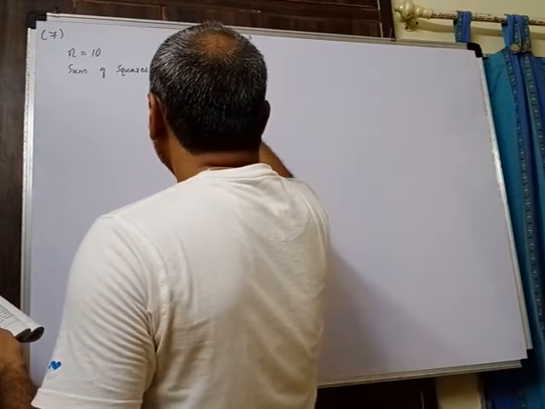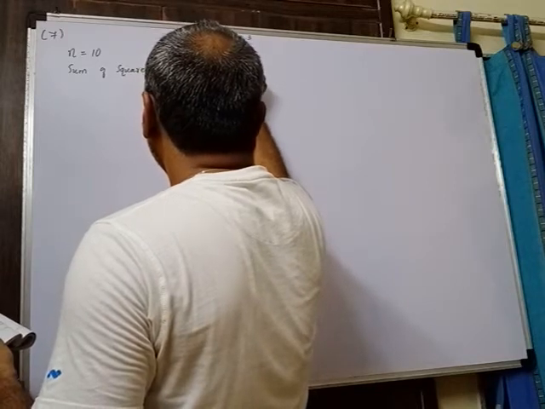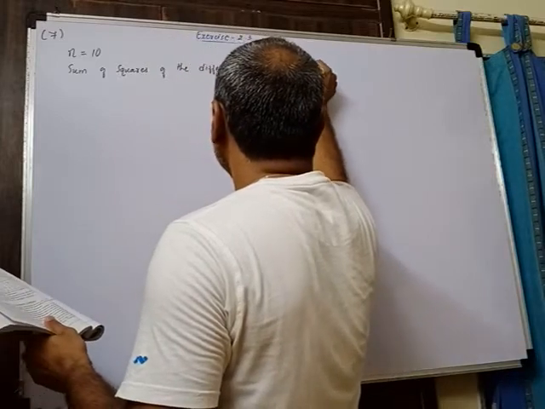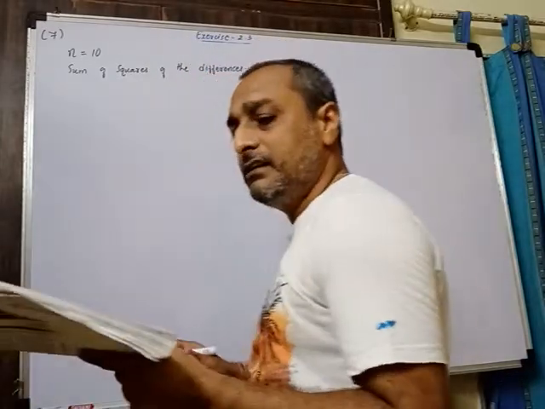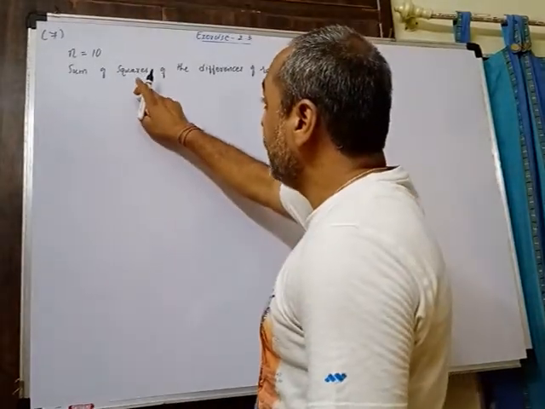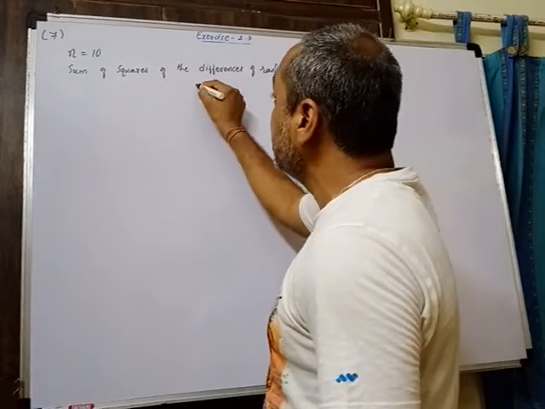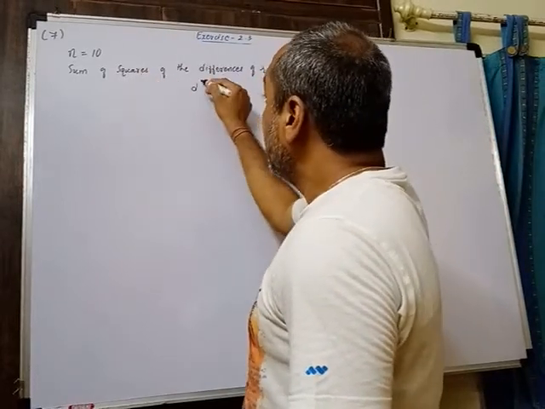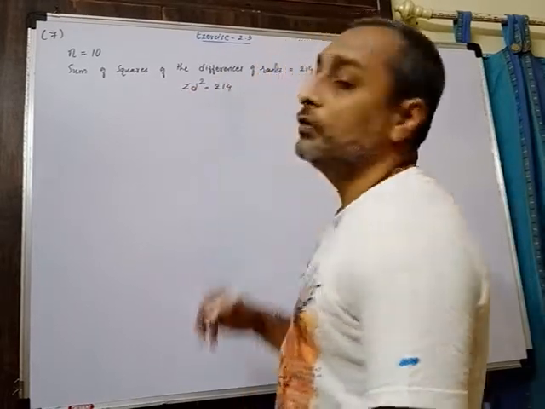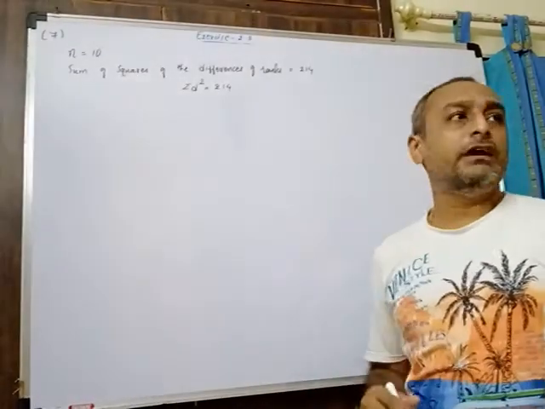Sum of squares of the differences of ranks. It is given 214. This is what the sentence available. Sum of squares of differences in their rank. So sum of square of the differences of rank. Differences of rank means it is denoted as D. Square of that is D square, and sum of this square is sum of D square is available 214. This is what the sentence, it is given in the form of a sentence. So that we have to define what it is given.